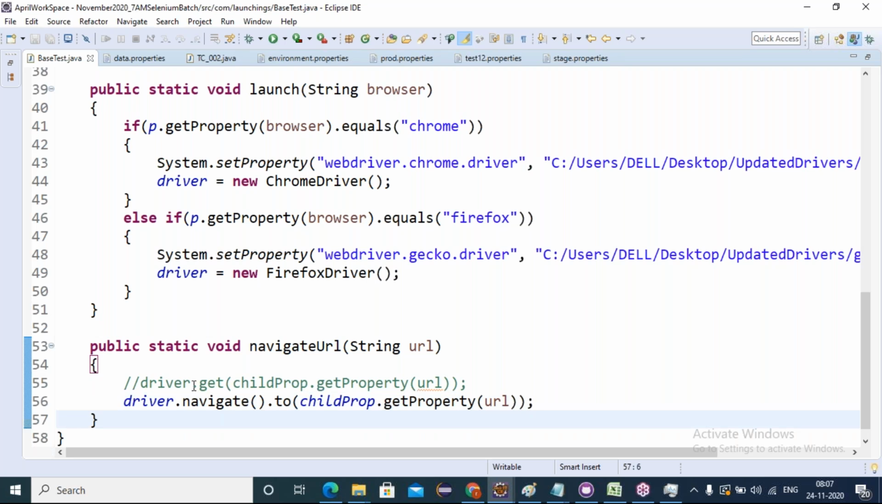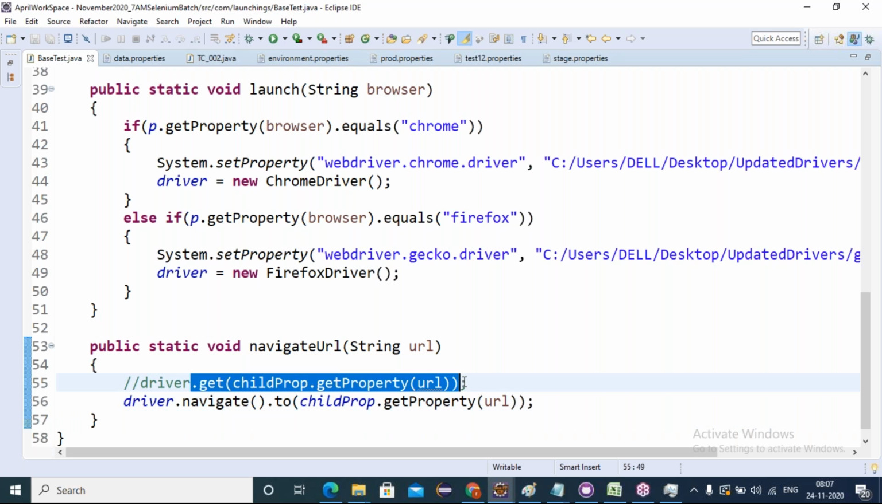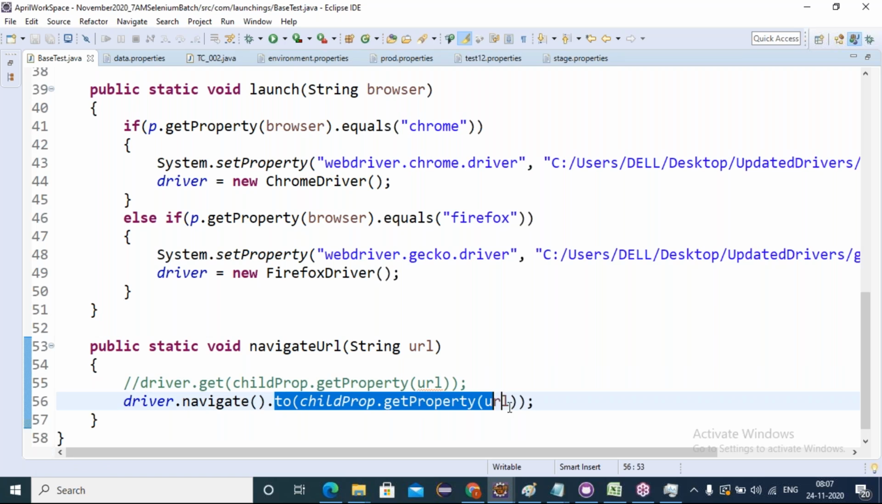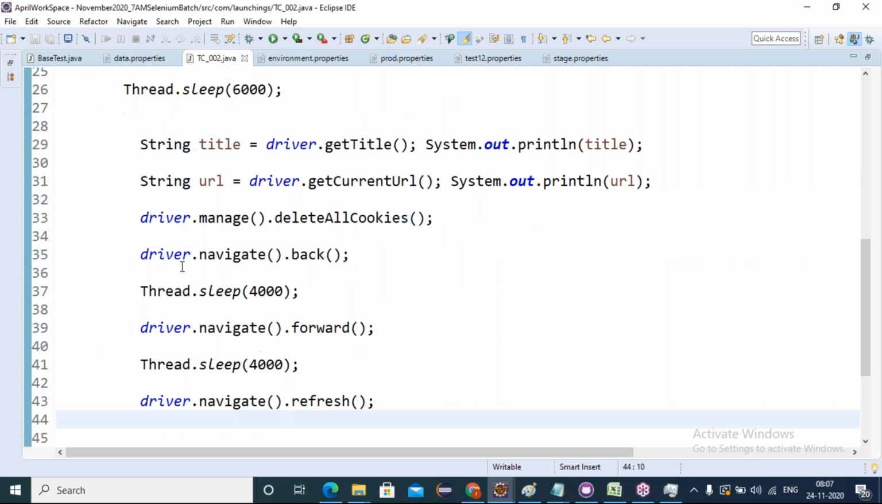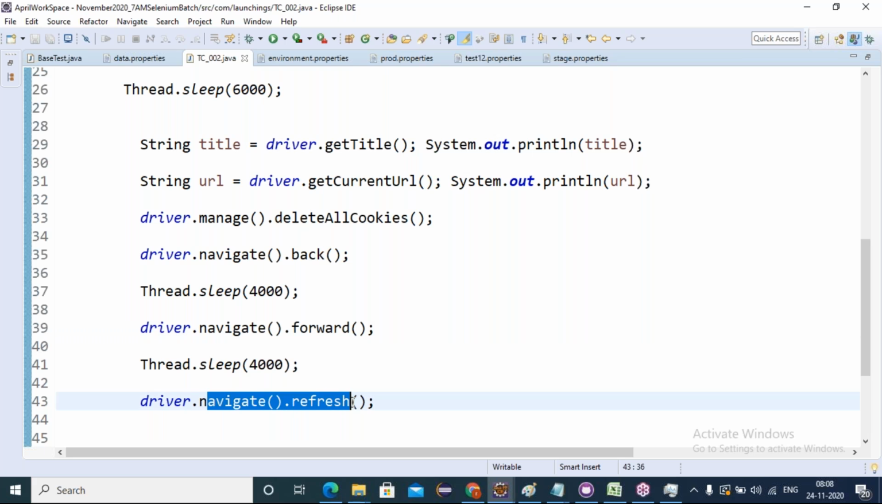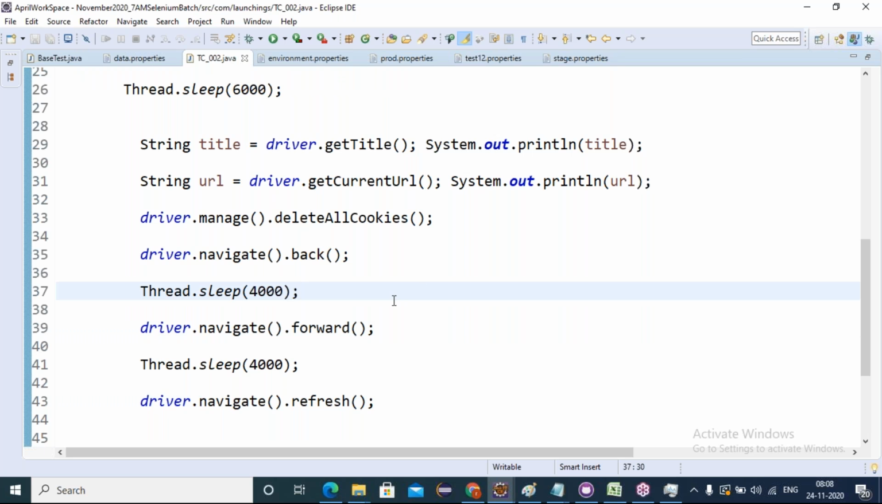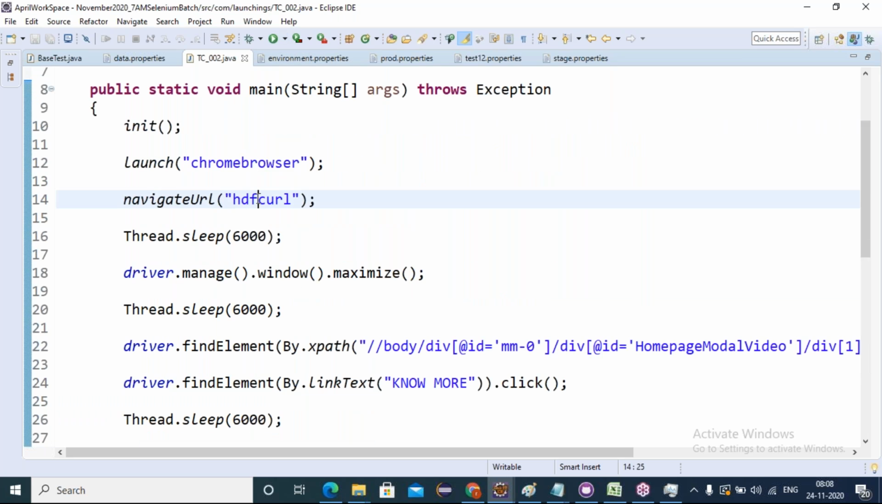And the second difference is that using the get method we can only navigate the URL. We cannot go backward, we cannot go forward, we cannot refresh. But using navigate, we can navigate the URL and also do navigate.back, navigate.forward, navigate.refresh, anything we can do. That's the difference for get, and see if I run this program. Okay, let me change to